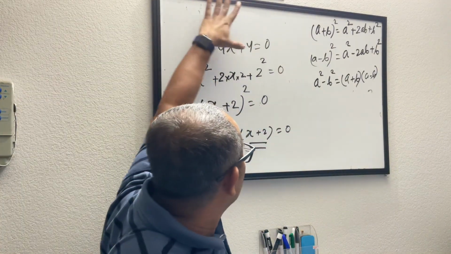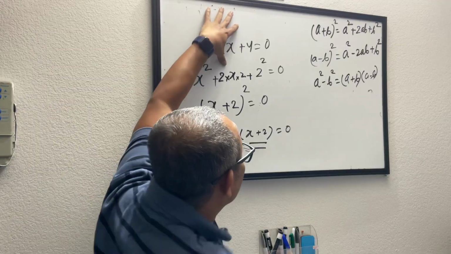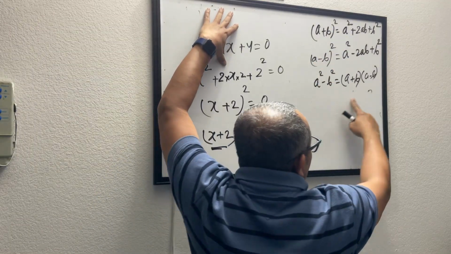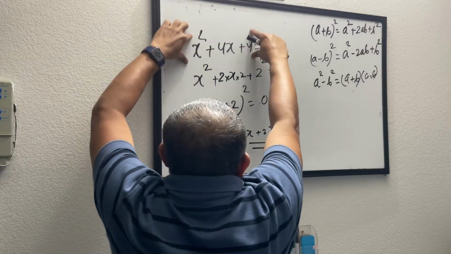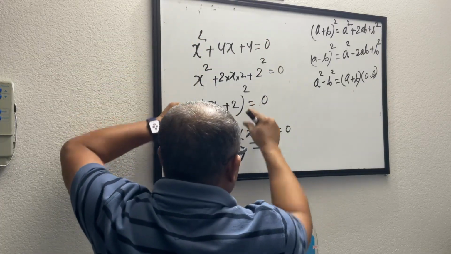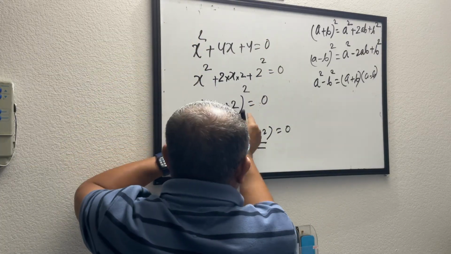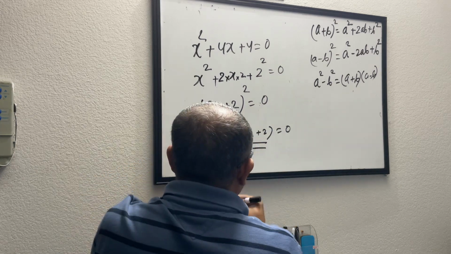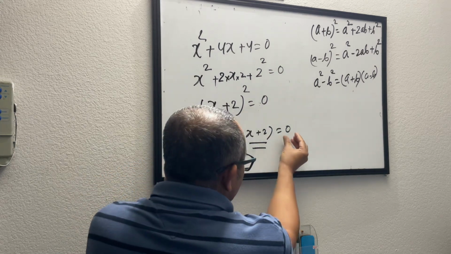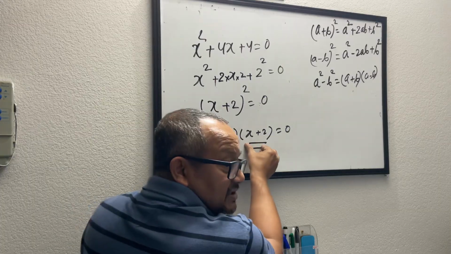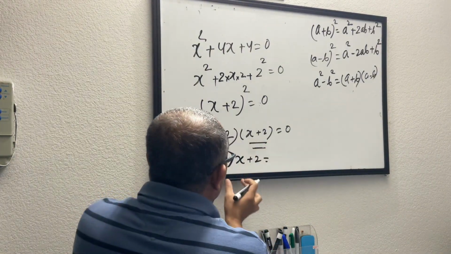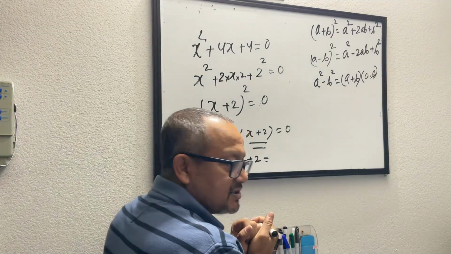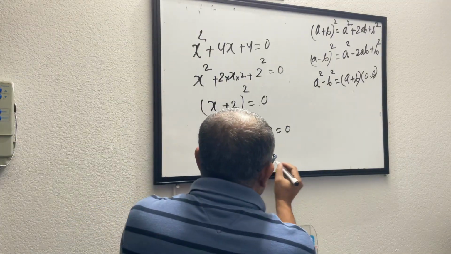So what did we do? From this one, we tried mapping it with one of those standard formulas that we learned about. And we found that this can be rewritten in the form of this. That means this into this, and both are the same. That means the only possibility of getting a 0 is if this is 0. That means x plus 2 has to be 0 because both are the same. 0 times 0 will get me a 0.